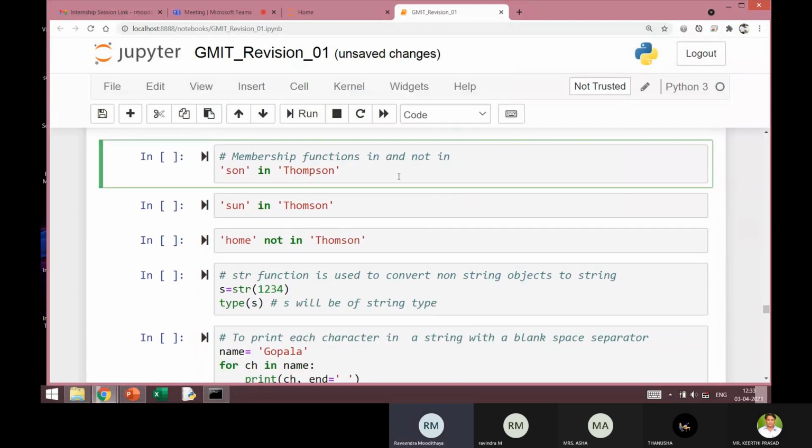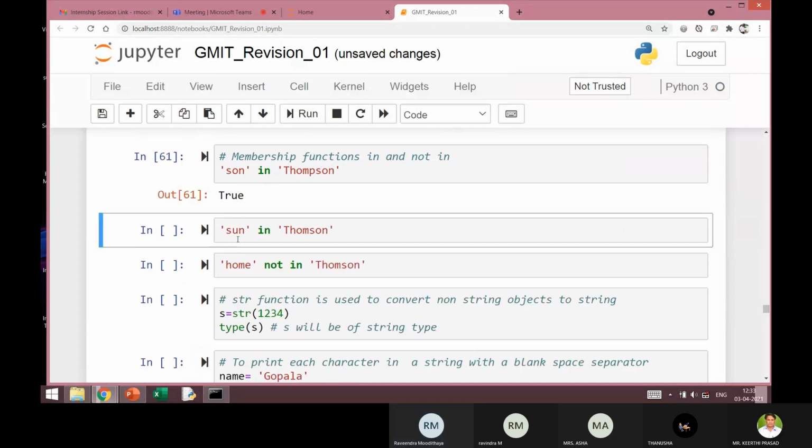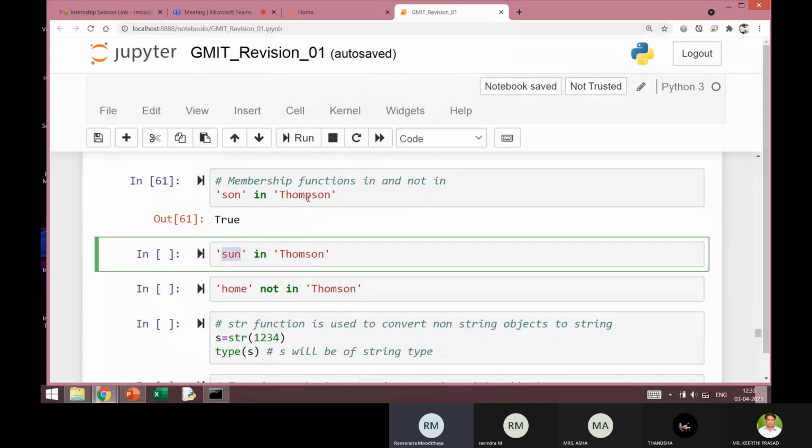Now earlier I mentioned the membership operator. Now I can easily find whether 'son' is in 'Thompson'. The answer is true, right? Because you can see son is a member of this. So the answer will be true. What about this? This 'sun' is not part of this.